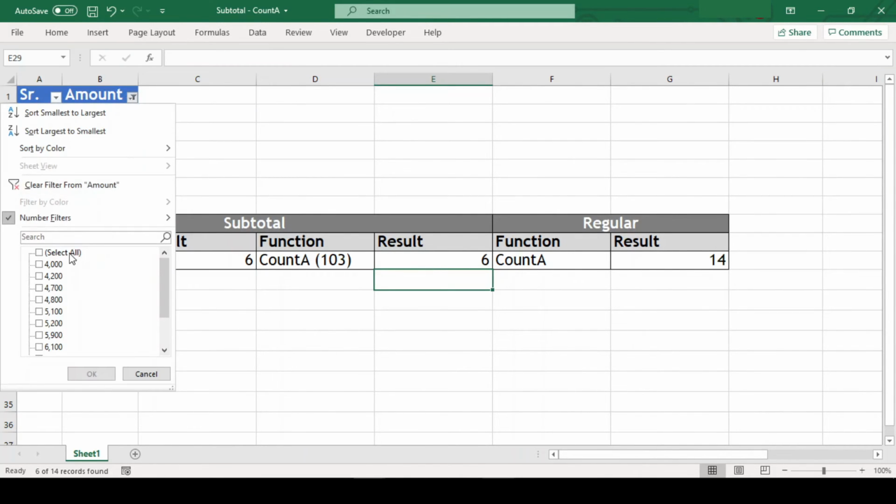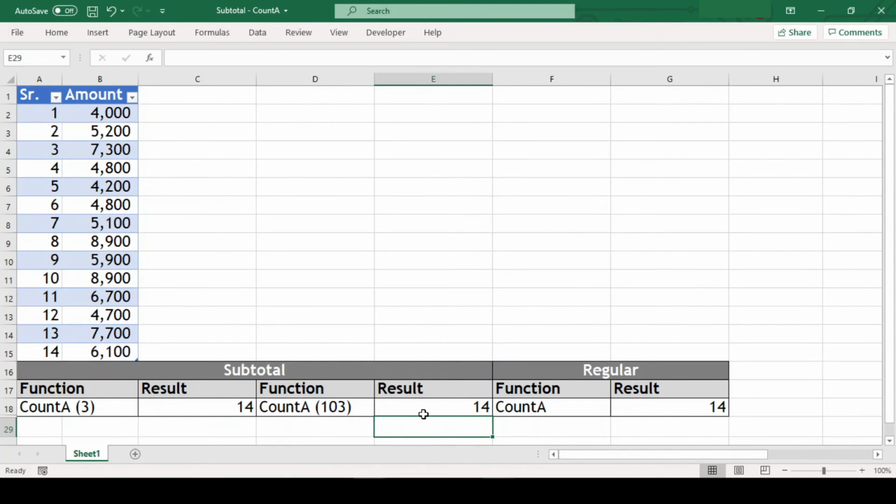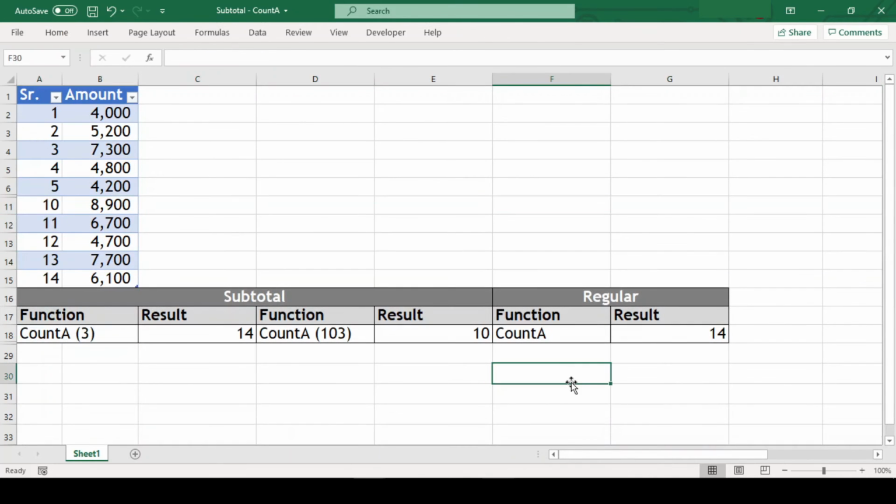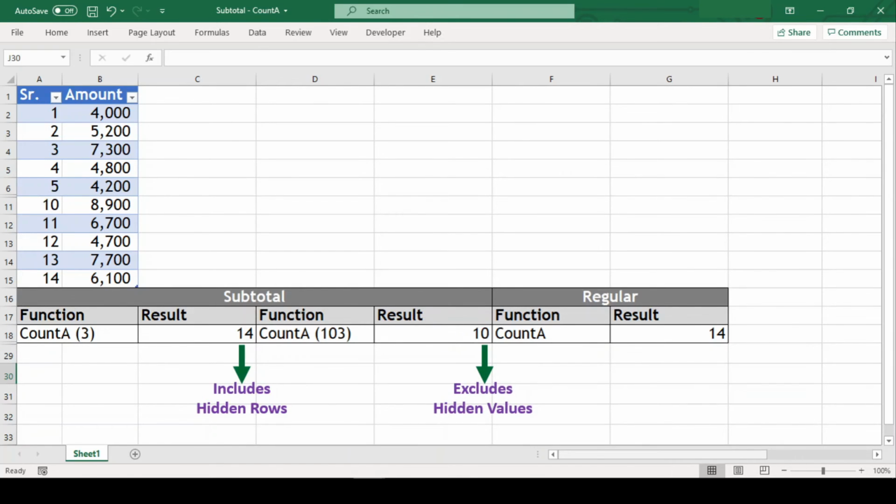Now let us remove the filter from our range. We can see that the results of both the counts with code 3 and code 103 are still the same. Now let us hide a few rows from the range, and now we can see that there is a mismatch in the result. What happens here is that the COUNTA function with code 3 includes the hidden rows, whereas the function with code 103 excludes them when counting.